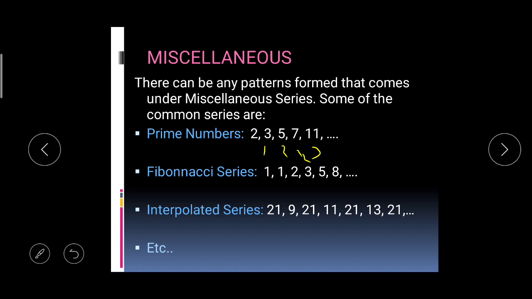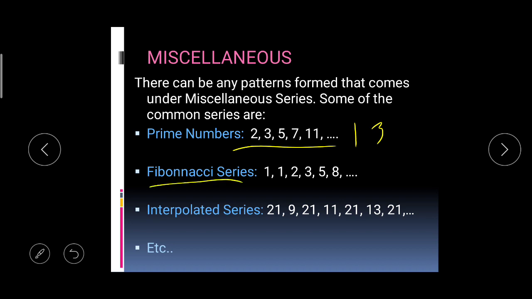But if we look closely at the numbers 2, 3, 5, 7, 11, these are all numbers which have only 2 factors, that is, prime numbers, right? So 2, 3, 4 is not a prime number, then 5, 6 is not prime, then 7, 8 and 9 are not prime, 10 is not prime, then 11, 12 is again not prime, then the next term must be 13, right? So the answer is 13.